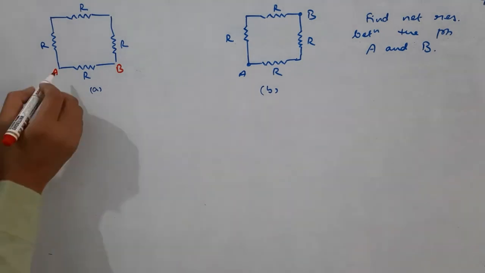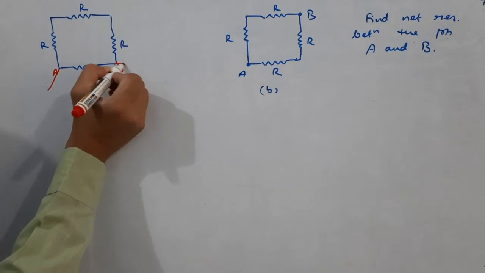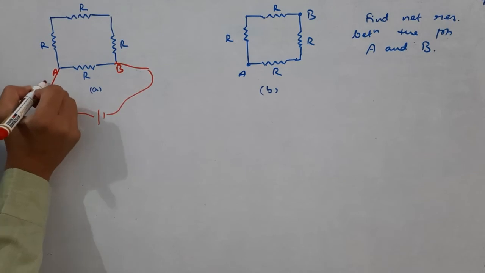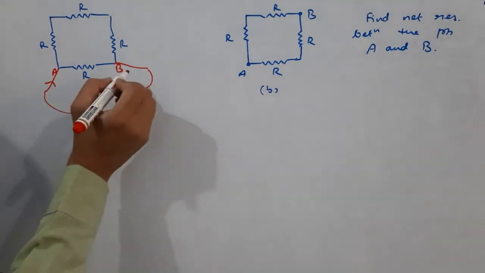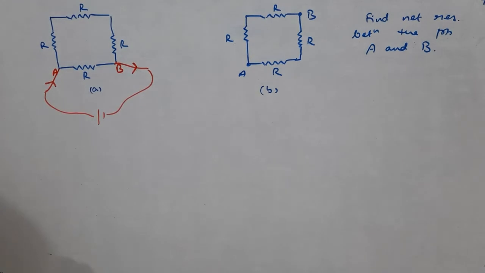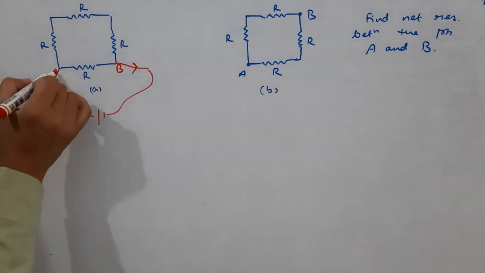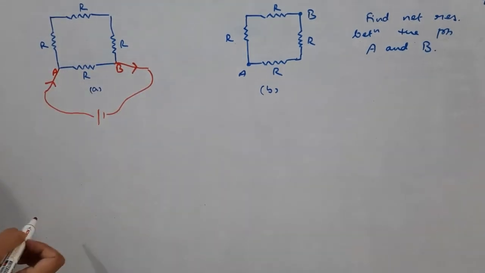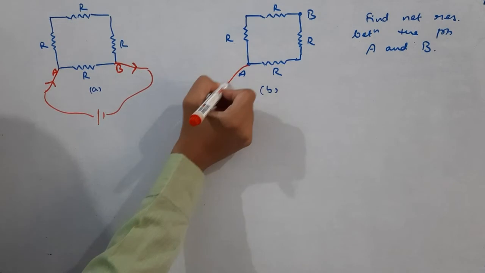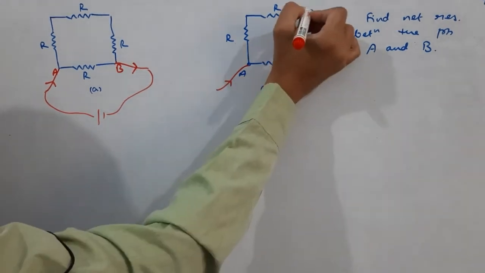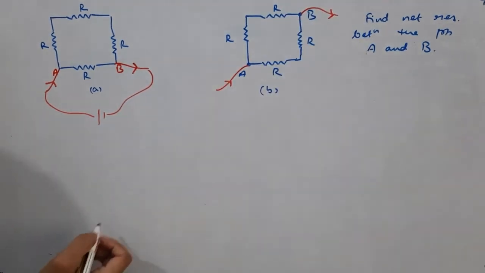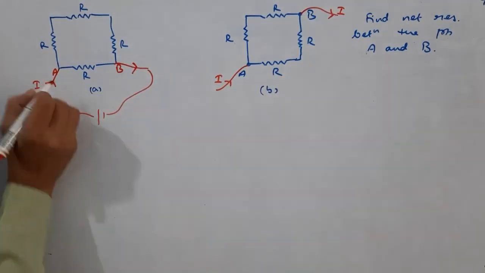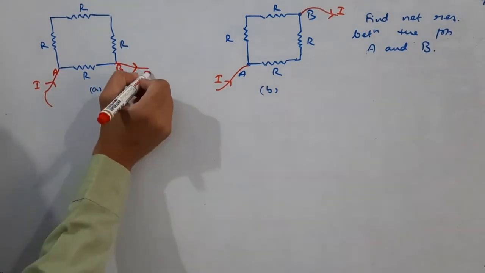So what I told, between A and B means you have to imagine a battery connected between A and B. You don't have to draw this. Always the current will enter at A and it will leave at B. Always remember that. That current will enter through A, it will follow some kind of path and ultimately it has to leave the point B. Here also same thing, the current will enter and it will leave like so. Let that current be I. If current I enters, current I will leave. If current I enters here, current I will leave.